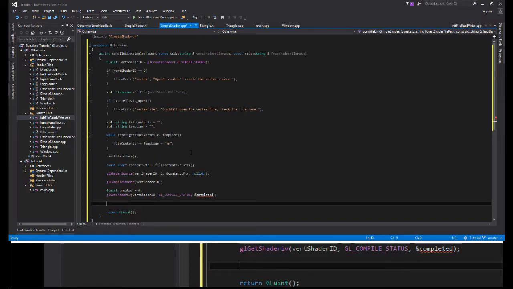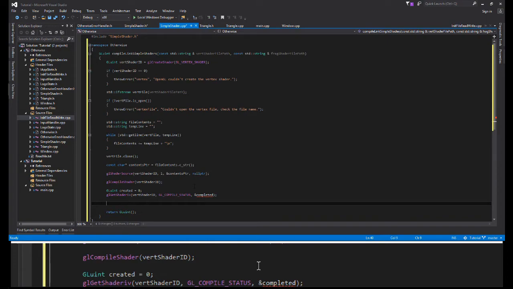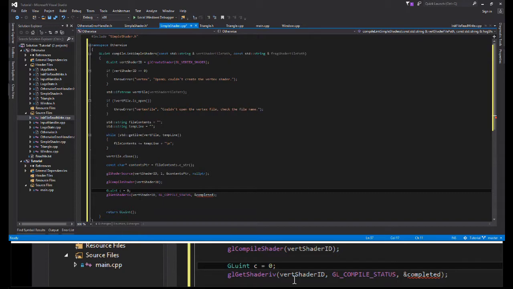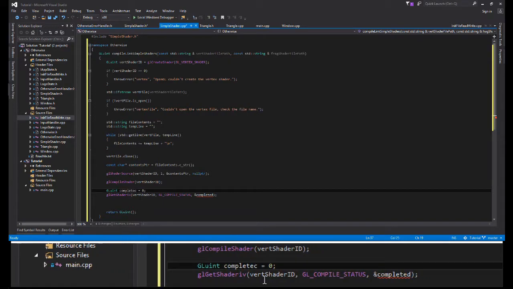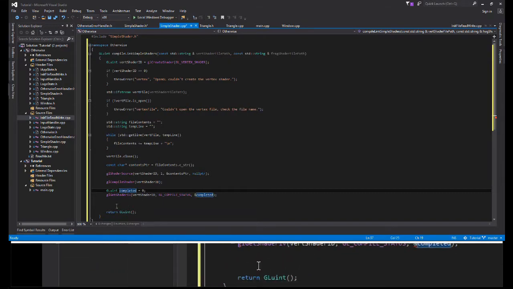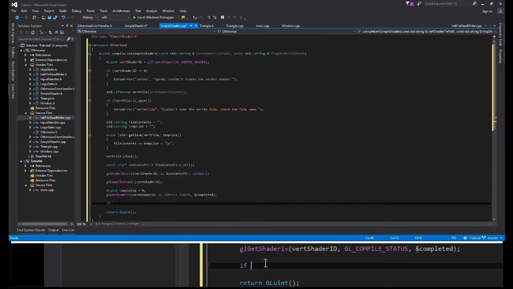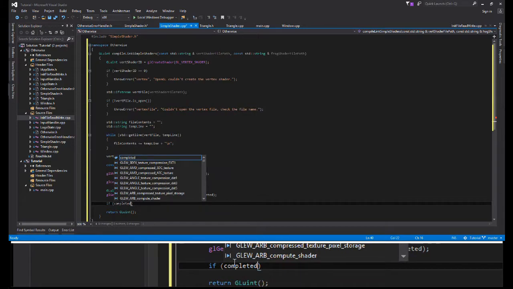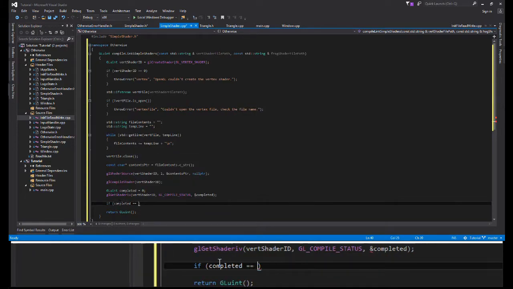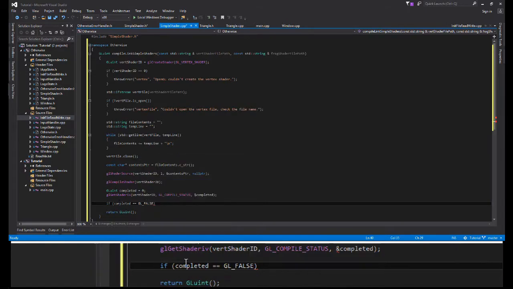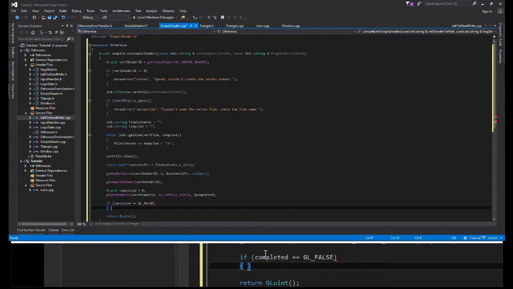So, oh, not completed. Is it? Oh yeah, not created. It is completed because we reuse that later. If completed is equal to GL_FALSE. So if we didn't compile the shader,